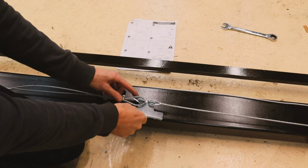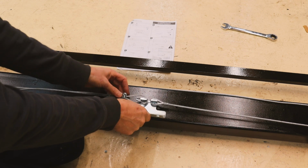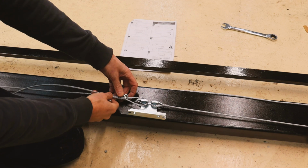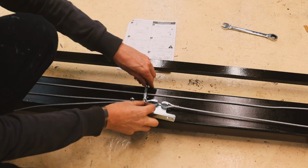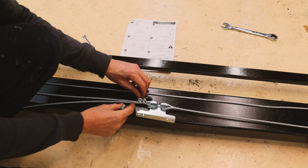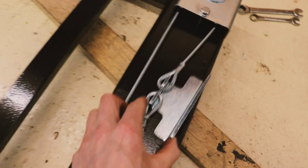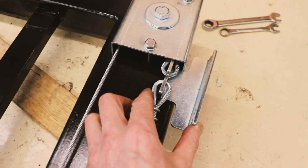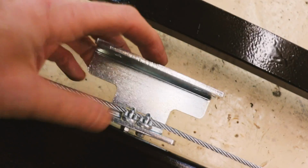This I need to put onto this bracket, tighten up these, and just cut the excess off. Pretty simple. It can be a bit slack now because I've got loads of adjustment to pull it taut. So I think that's kind of roughly about where I want it. Now I've got this one to the right length. That just sits up against there. And then on the other end, this one